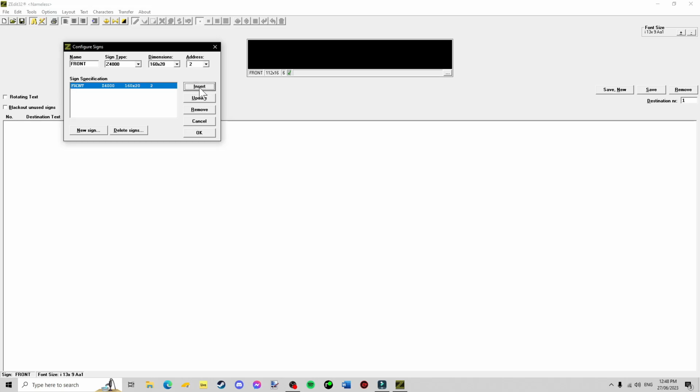So I'm going to insert this one, and we are also going to quickly grab a 160 by 11. This will be our side desto. I'm going to add that to address 3, and then I'm going to grab a